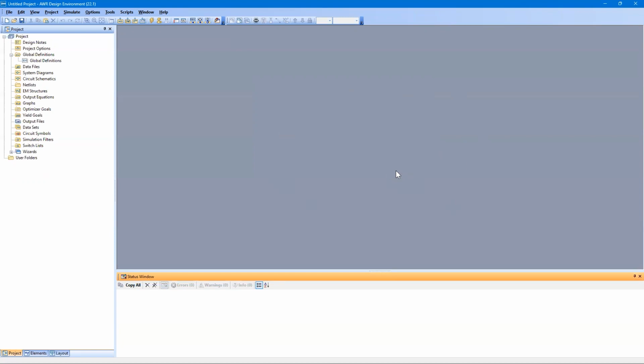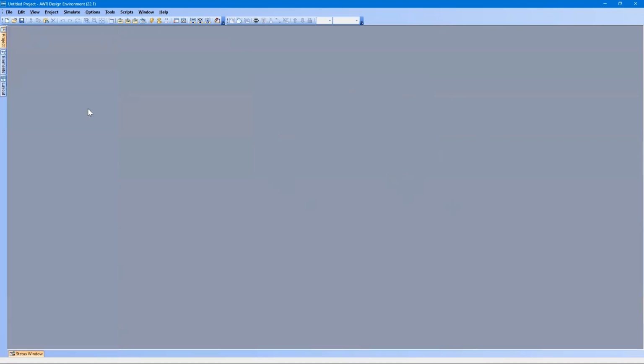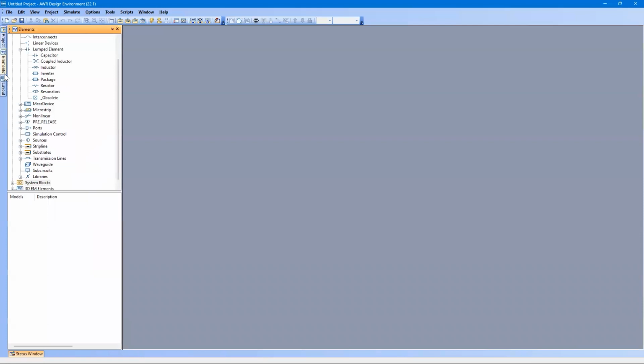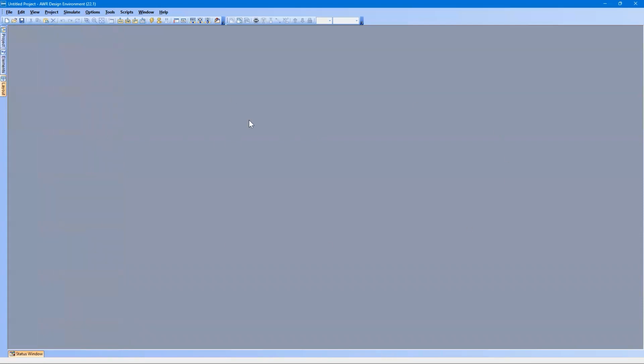And the way to do that is to click the Auto Hide Pin button on Status window and the Project tab. Notice that the three tabs moved from the lower left to the upper left, and you just move your mouse over one of them and they open up. Move off it and they close, and you can see almost the entire screen is now the gray space or